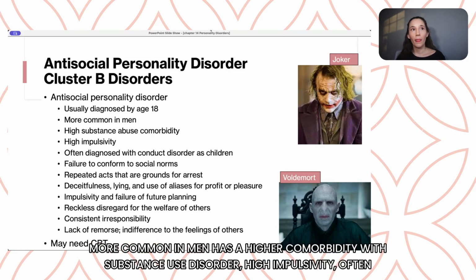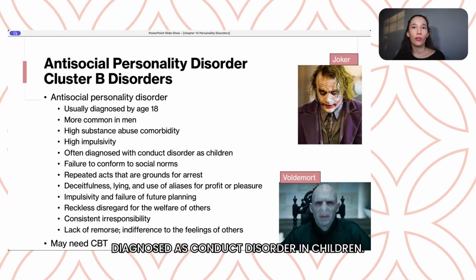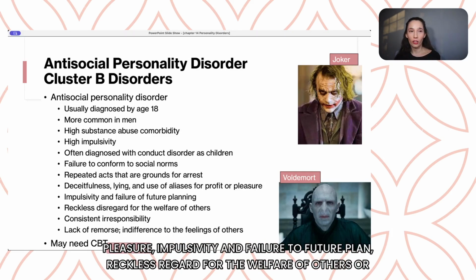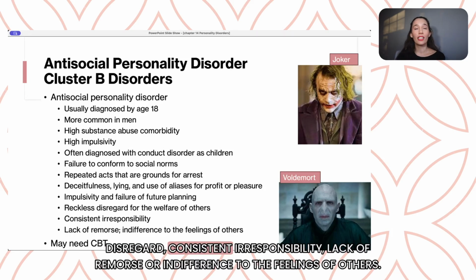More common in men, has a higher comorbidity with substance use disorder, high impulsivity, often diagnosed as conduct disorder in children, repeated acts that are grounds for arrest, deceitful, lying, using aliases for profits or pleasure, impulsivity and failure to future plan, reckless regard for the welfare of others or disregard, consistent irresponsibility, lack of remorse or indifference to the